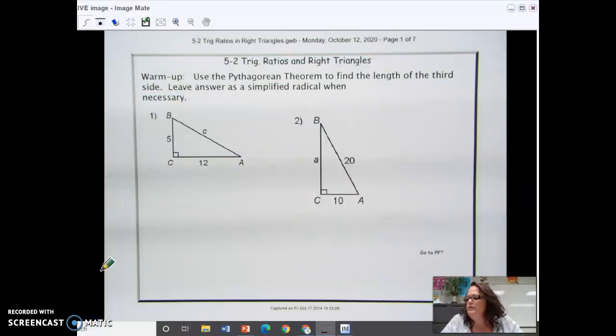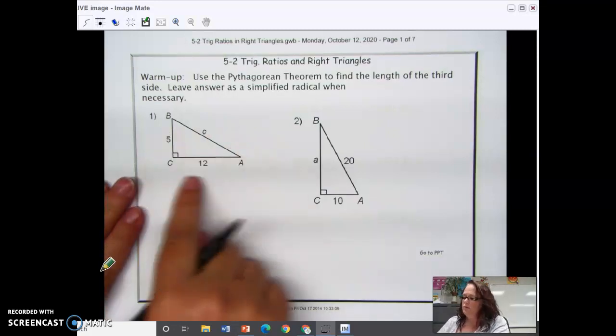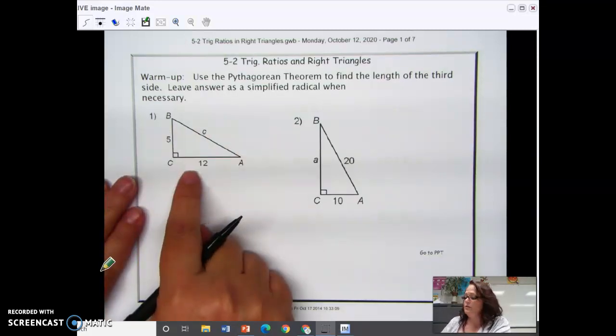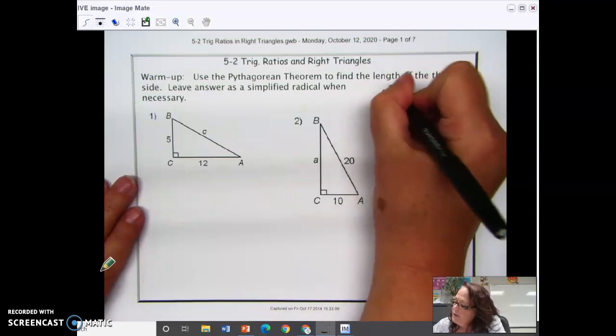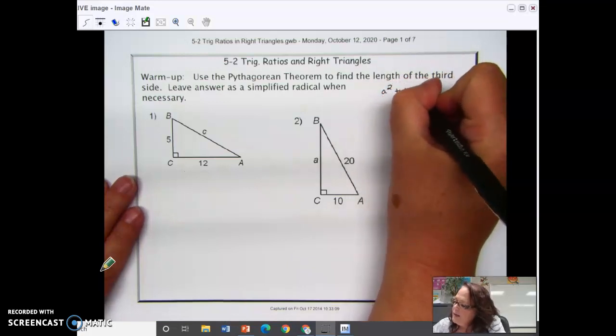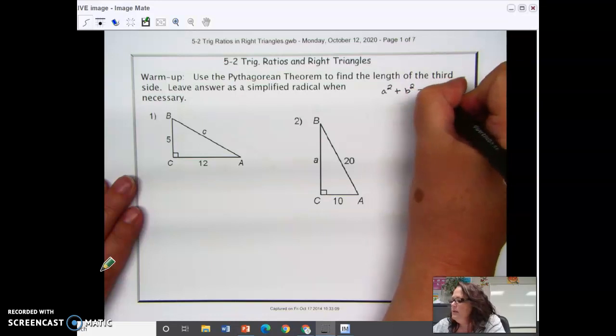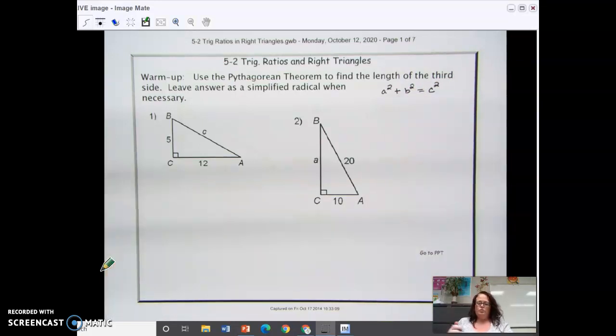So we're going to start by using the Pythagorean theorem to find the length of the third side. The Pythagorean theorem says the length of a leg squared plus the length of a leg squared is equal to the length of the hypotenuse squared. Let's remember that the hypotenuse is the longest side and the legs are the sides that touch the right